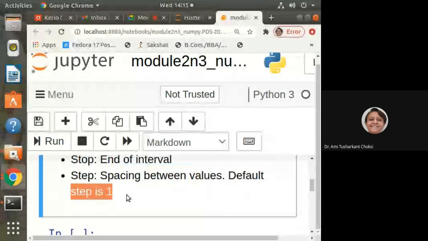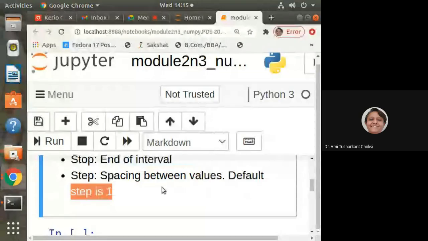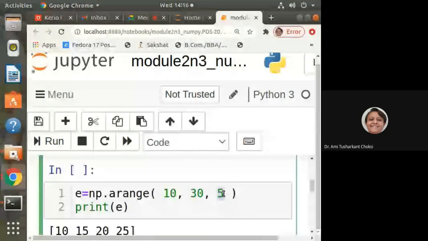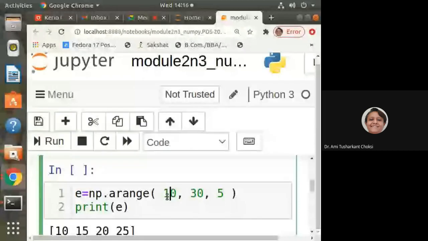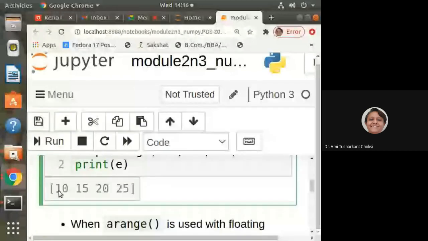And np.arange(10, 30, 5): 10 is the start, 30 is the stop, and 5 is the step. So what it does for us is 10, 15, 20, 25.